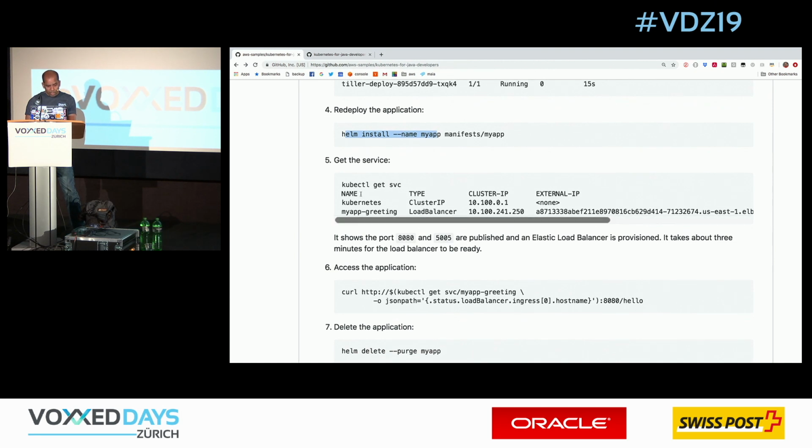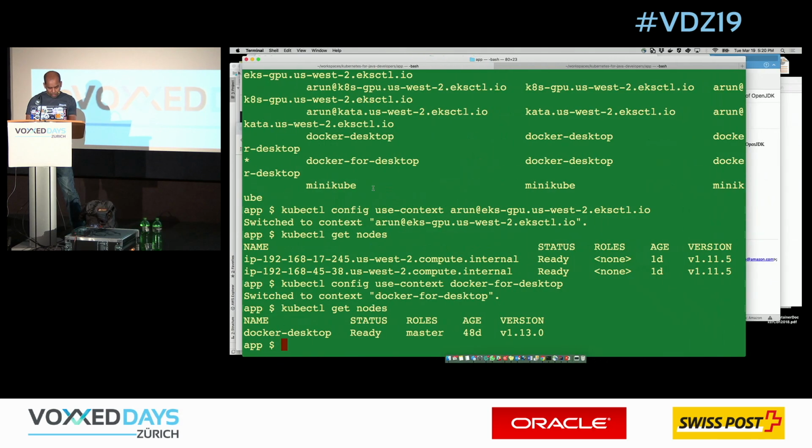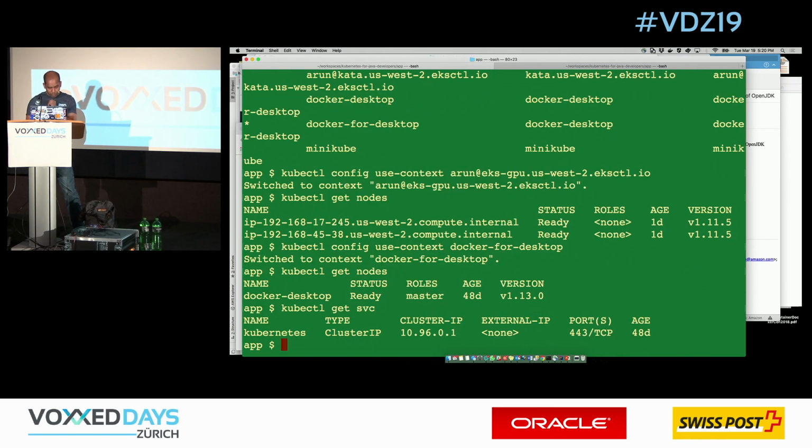And now once I have installed Helm in my cluster, then I can say kubectl get service. So let's go back here for a second. kubectl get service. I don't have the greeting application deployed over here, but what we can do is very easily deploy my local application here.